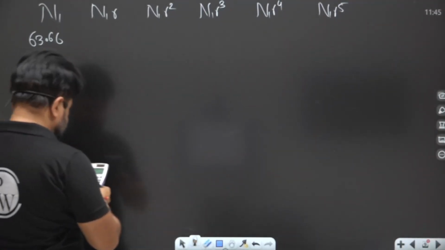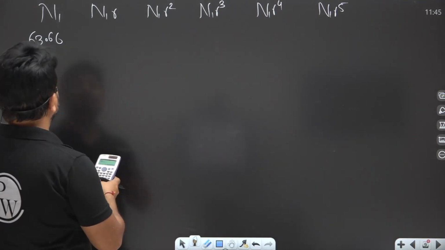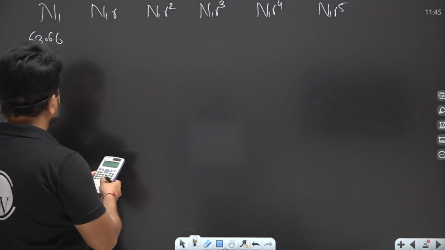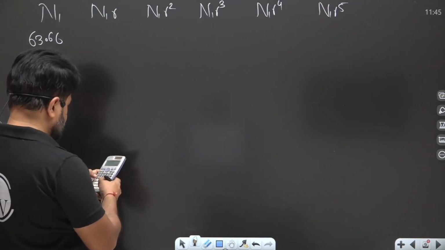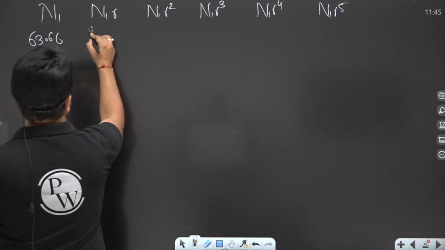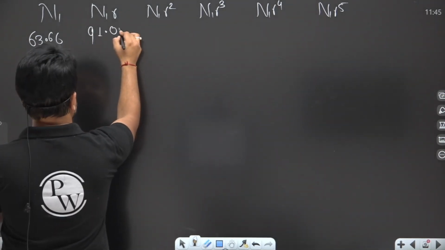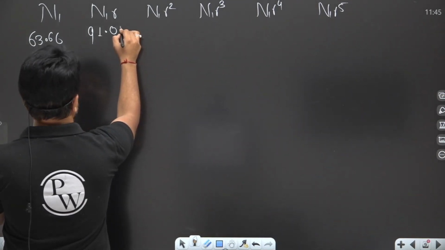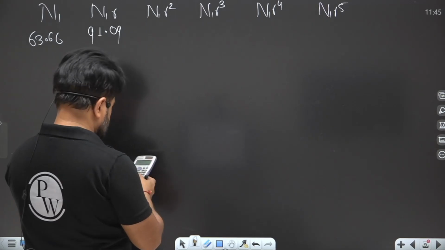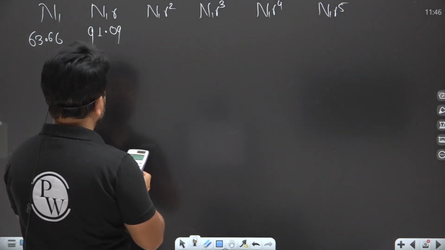Into R, it comes 91.0, okay, 91. Into 1.43 to the power 2,